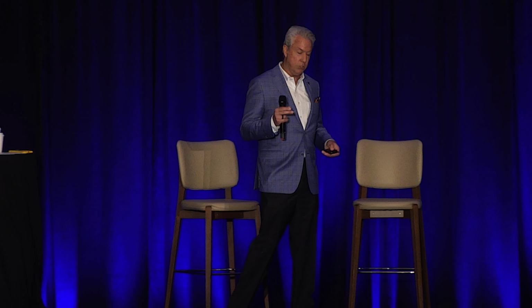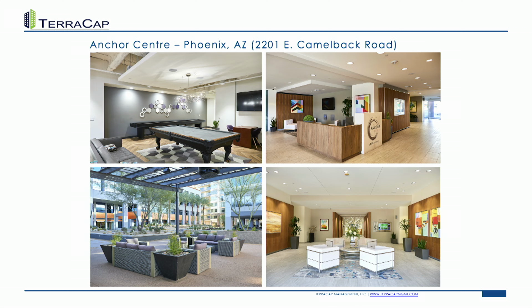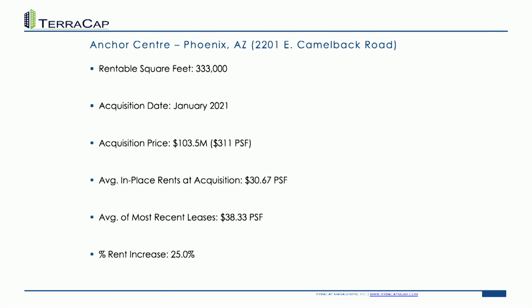So this is on Camelback. For those of you who know Phoenix, it's right in between the Biltmore Mall and another mall, really great location. This is what it looks like on the inside. You can see it's highly amenitized, has a courtyard feel to it, beautiful Class A building. Ironically, we bought it from a company based out of Newport, California. It's 333,000 square feet. We bought it for $103.5 million, and the average rents when we bought it in October of 2020 were